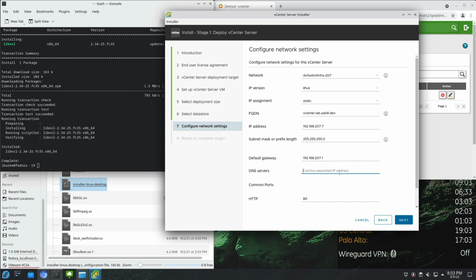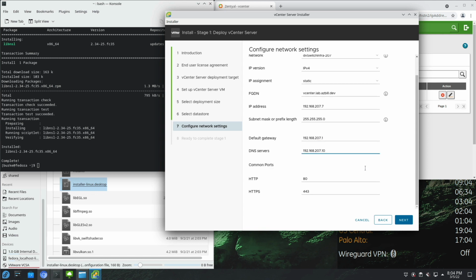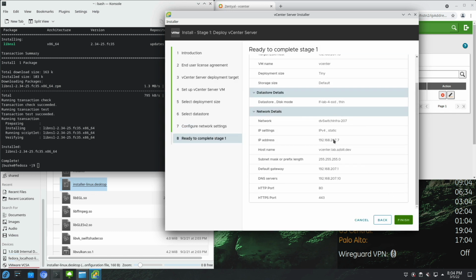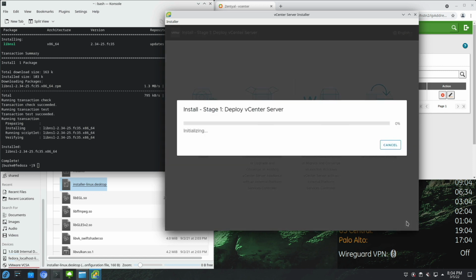And the DNS server, we're going to make sure that we use our Zential server, so that was the .10 address. We'll scroll down, nothing else to enter, so we'll just click Next. And if everything looks good, we didn't fat finger anything too badly here, we can click Finish.